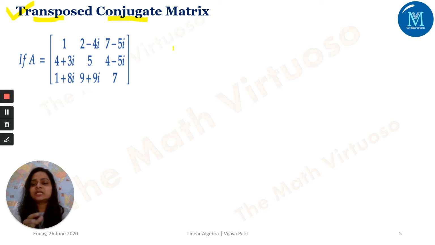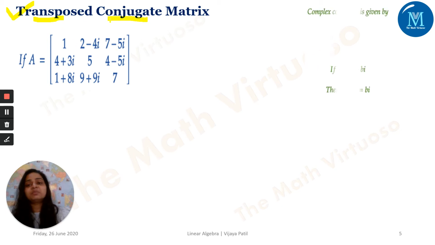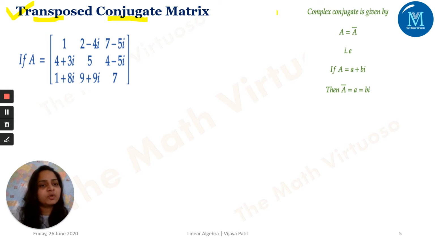Now there is no restriction on which operation you have to perform first, whether you go for transpose first or for the conjugate. It doesn't matter. Ultimately, my final matrix will be the same, right? Suppose this is my capital A that has been given to me. Now, as I'm talking about a conjugate, that means I will have elements from the complex numbers. Means the elements of the matrix would be from complex numbers.